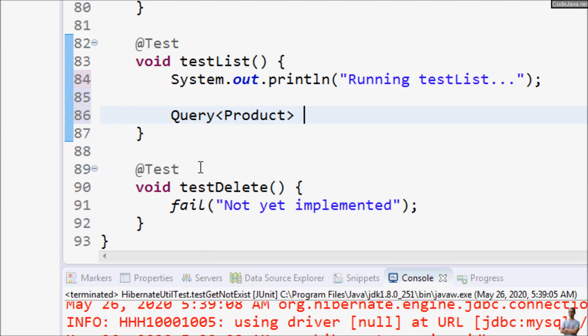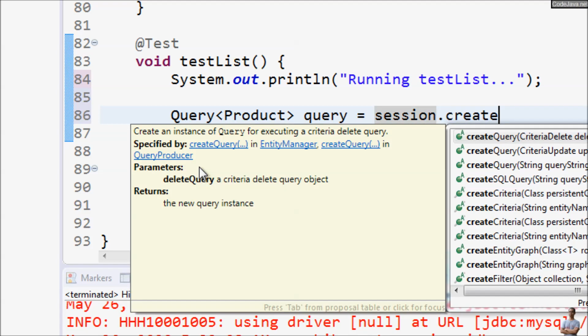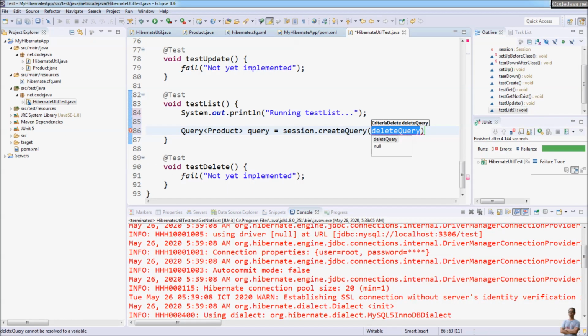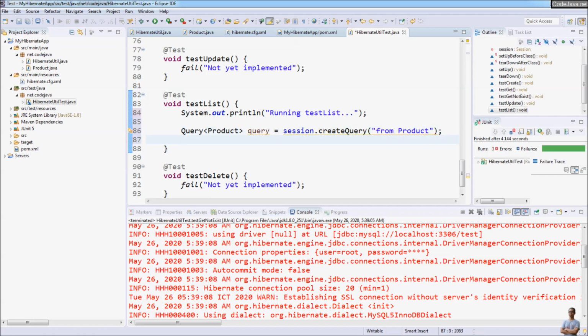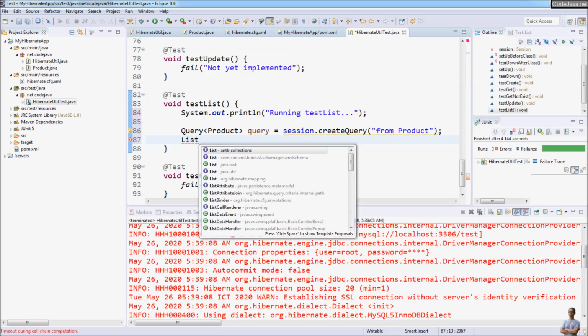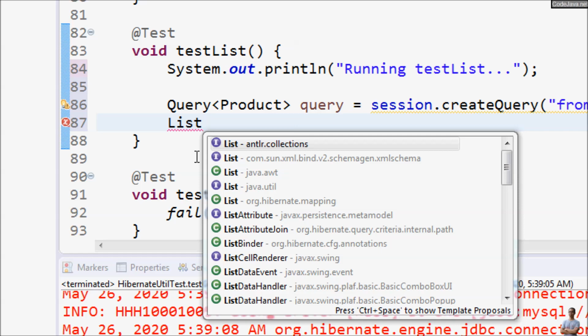Product query equals session.createQuery. The query is from Product, a simple Hibernate query, and then we execute the query to get the list of product